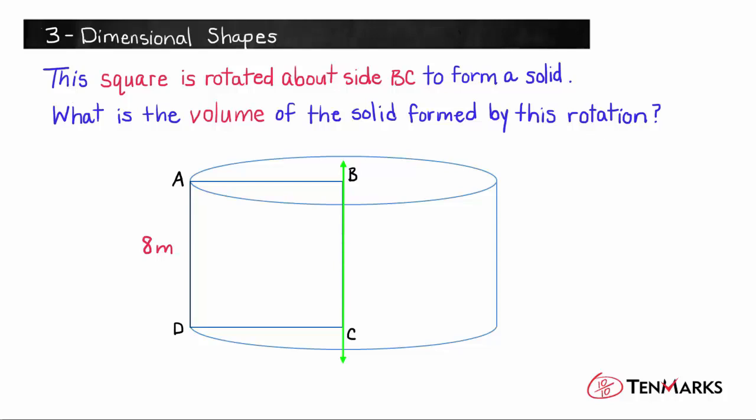We can see here that one of the relationships of the cylinder formed is that it has a radius of 8 meters. Now to find the volume of this shape, we just need to use the formula for the volume of a cylinder. The formula is the volume is equal to pi times the radius squared times the height of the cylinder, which gives us pi times 8 squared times 8, which gives us approximately